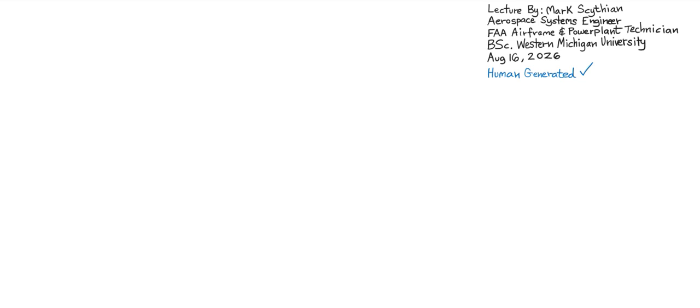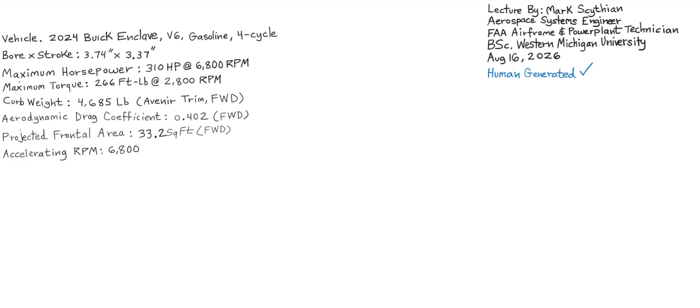So in this lecture, we are going to cover how to calculate an automobile's top speed. In this case, we are dealing with the 2024 Buick Enclave, with the Avenir Trim four-wheel drive. So we can access the vehicle specifications,